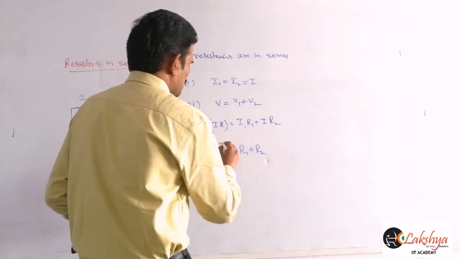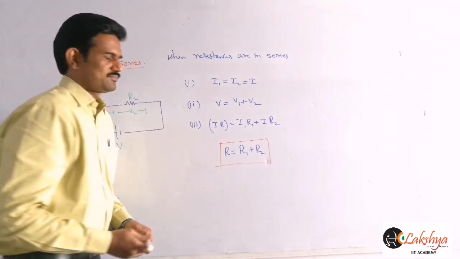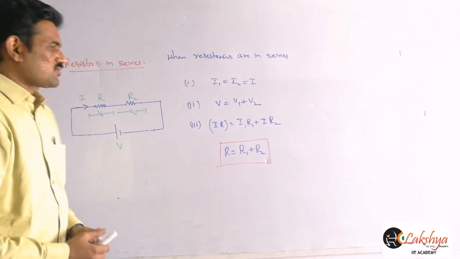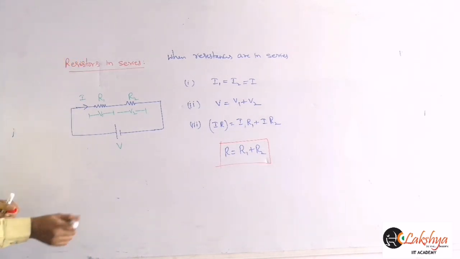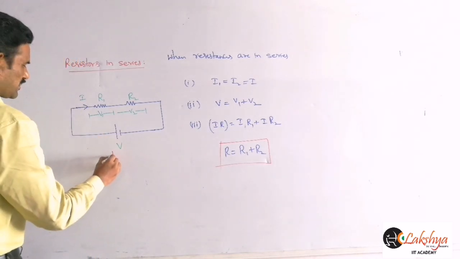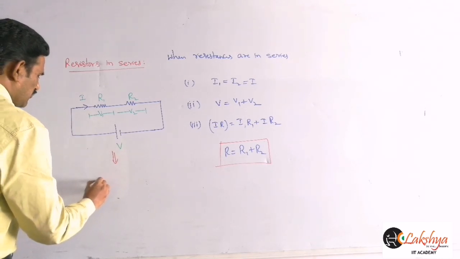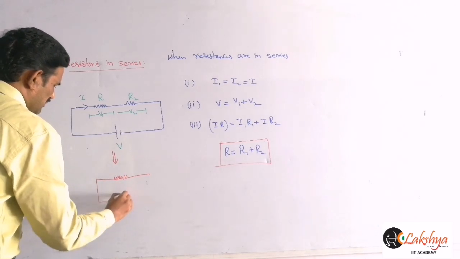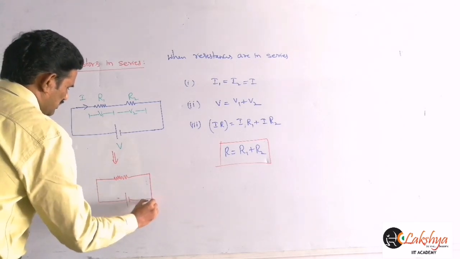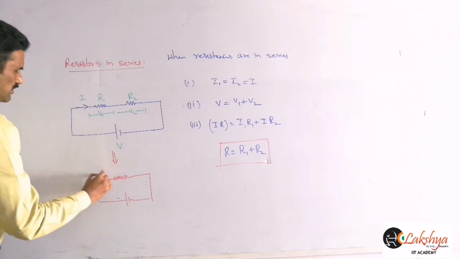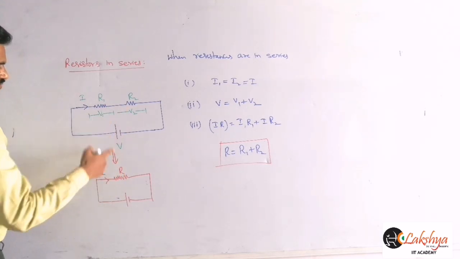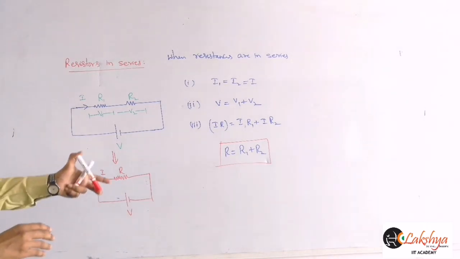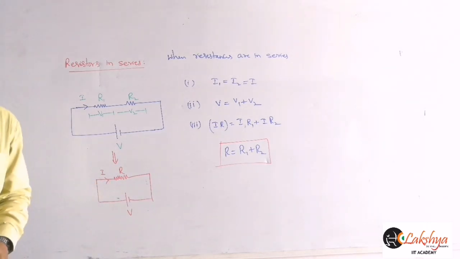So the effective resistance of this combination we can write like this. Got it? When two resistors are joined in series here. What we are actually considering is, when the circuit is connected like this with the two resistors, we are equivalently replacing the two resistors by a single resistance like this, such that the same amount of current is flowing through it. This is the actual meaning here. We are replacing these two resistors with a single resistance. Got it? So that is nothing but our equivalent resistance or effective resistance.